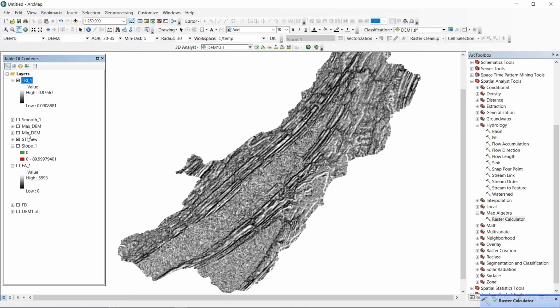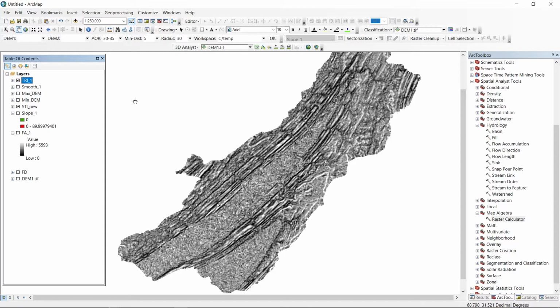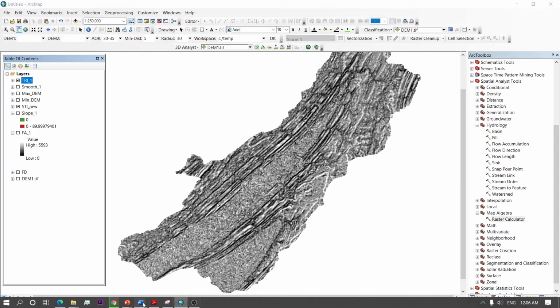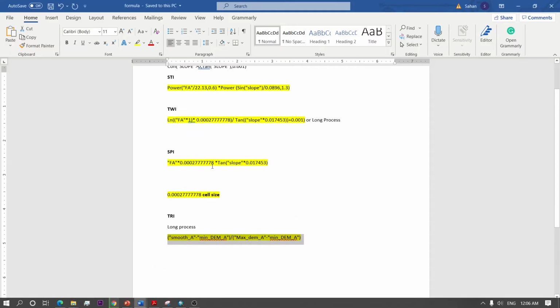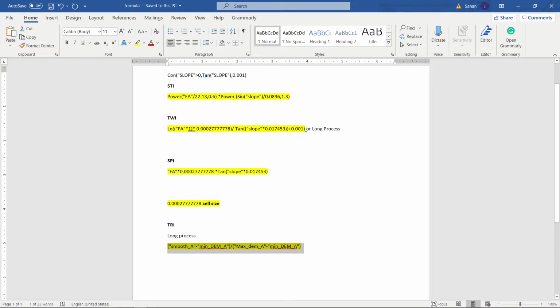So STI we have done, TRI we have done. Now let's move to the TWI. This is the formula that generates TWI, and also there is another process that we can use to develop TWI.